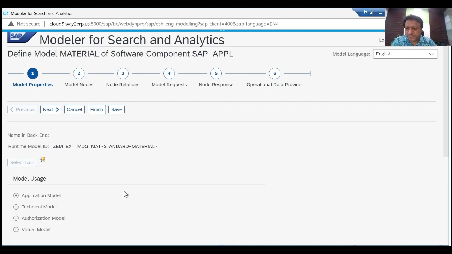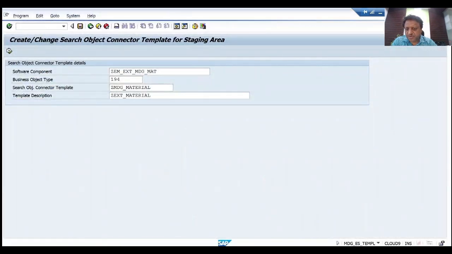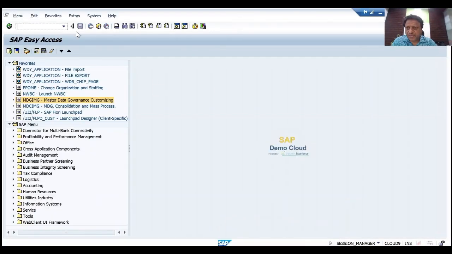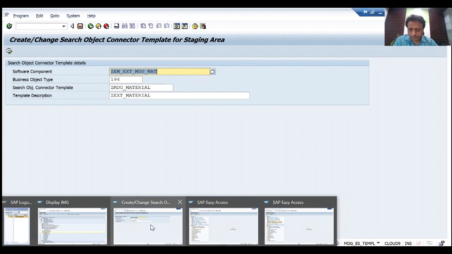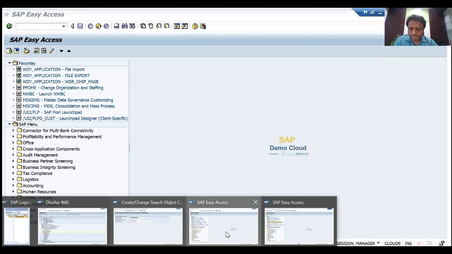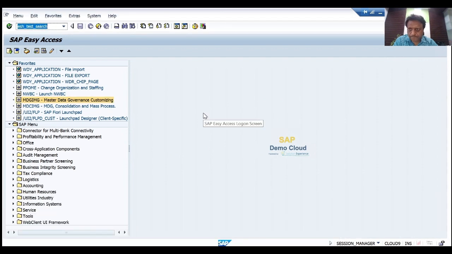And once this activity is done, then as a final step in the process, we can then check our connector using the transaction which is EHS test and then search. EHS test search,